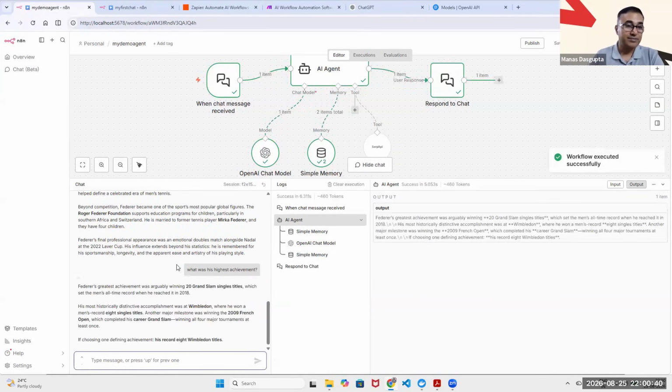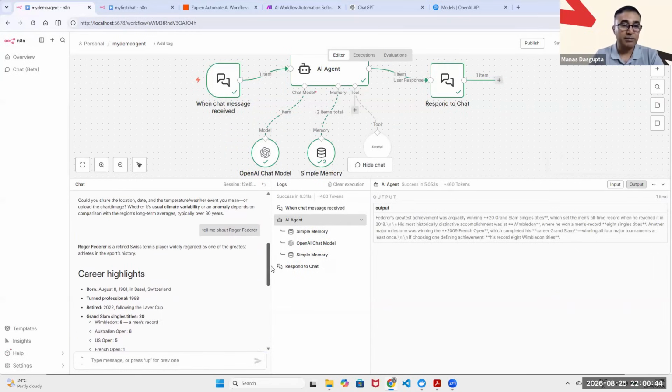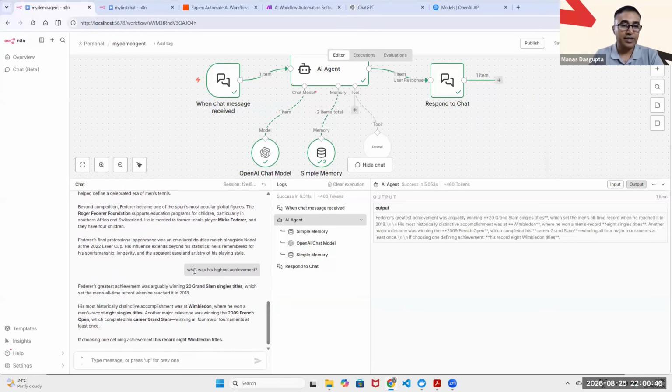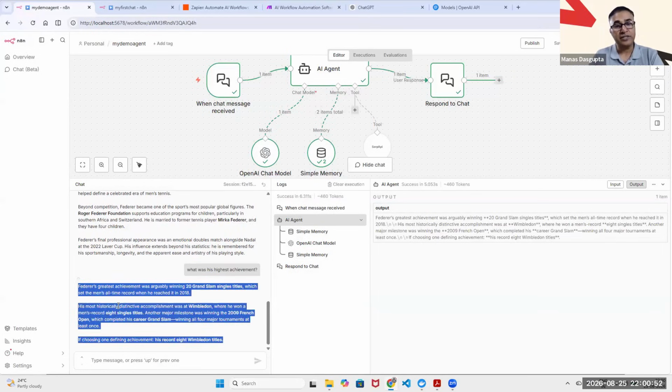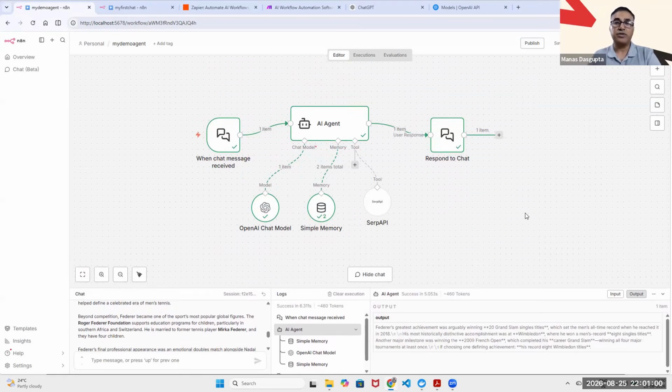And it does. So we have asked this question, tell me about Roger Federer, and then I asked this question, what was his highest achievement, and it actually remembers the previous question and answer, and it has referred back to that because now it has memory, right? So these are some of the important constructs about AI agents. You have triggers, you have the agent itself, you have the model associated with the agent, you have memory, you have tools,